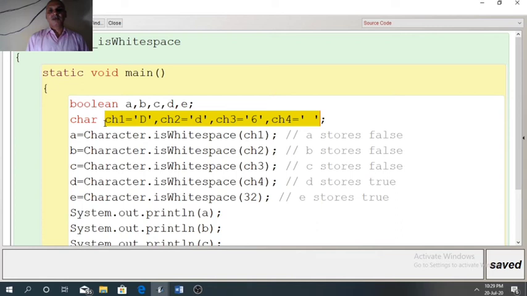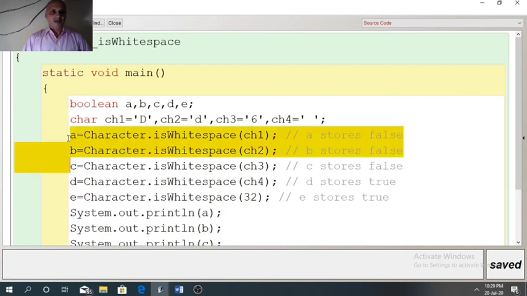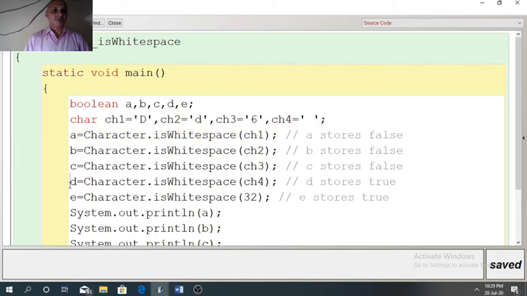So A, B, C will store false value because CH1, CS2, CS3 are letters and digit. But D will store true because CH4 is single space.